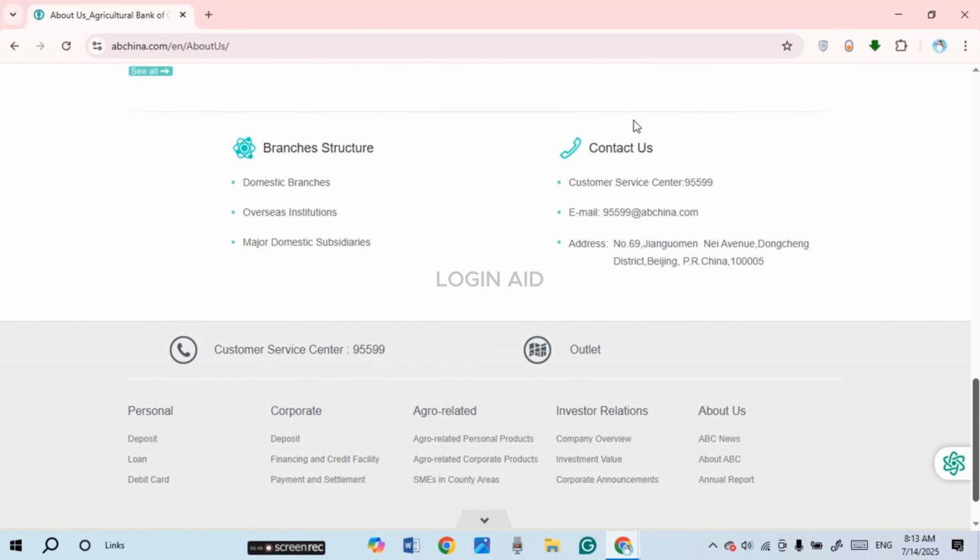Now over here, you'll be able to find the section for Contact Us. You'll be able to find various options for contacting the Agricultural Bank of China. First of all, you'll be able to find the number of customer service center over here. You can simply call this number and you'll be able to contact the customer support. Likewise, you'll also be able to find the email. Also, you'll be able to find the address. So you can simply visit this address and you'll be able to contact the customer support physically,